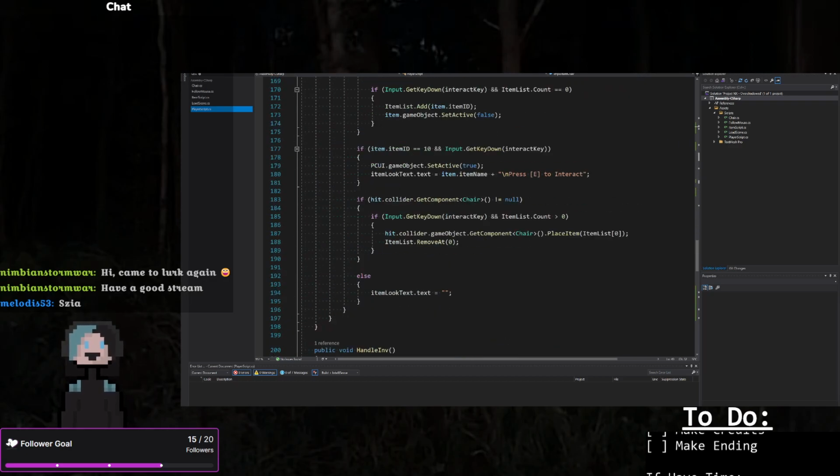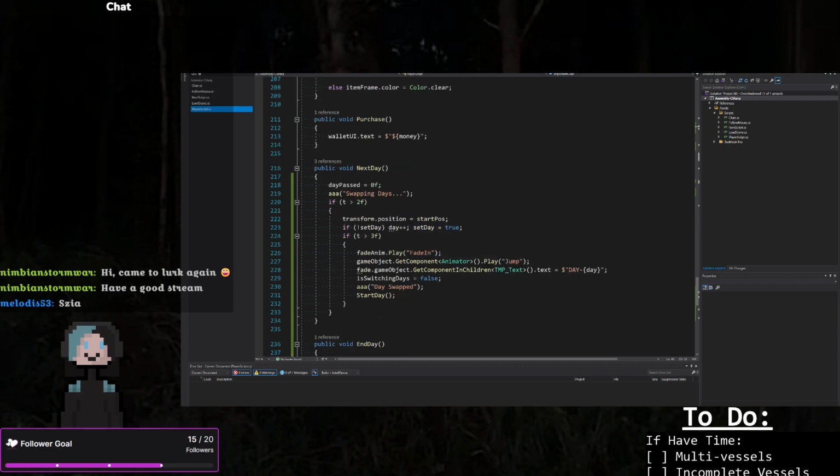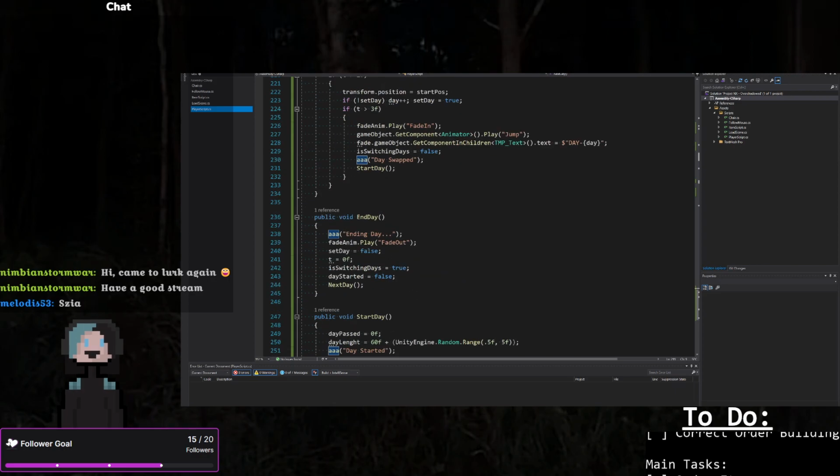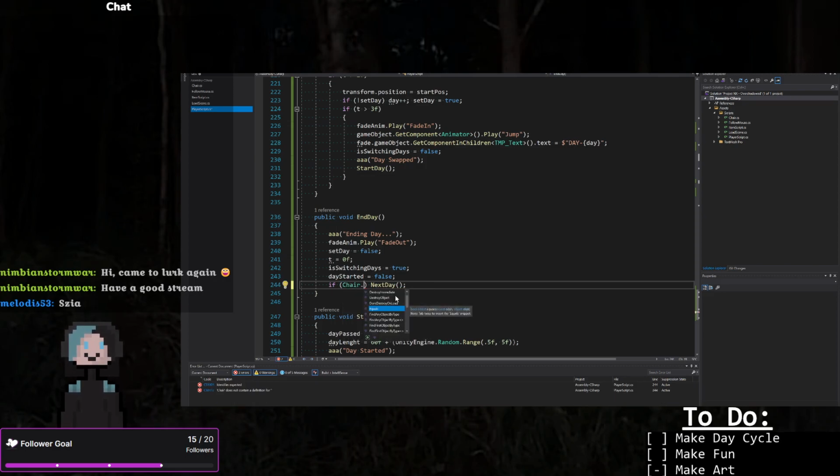There. Important chair. So here, when ending day, if chair dot